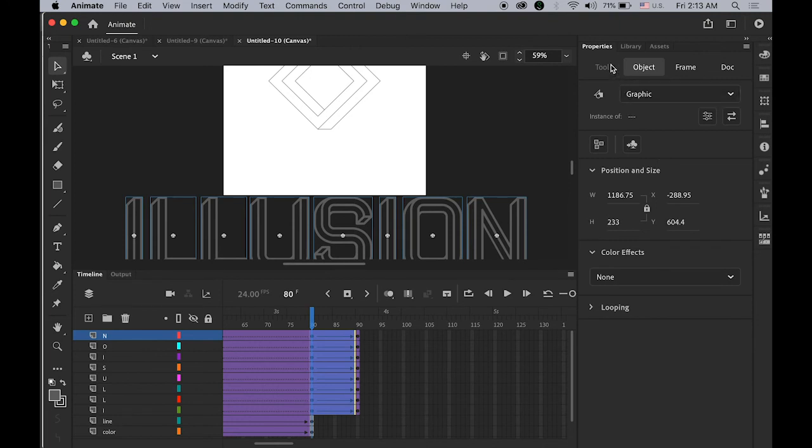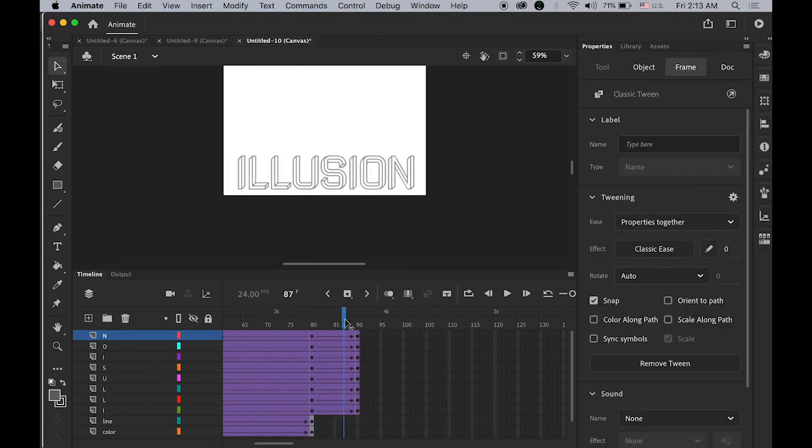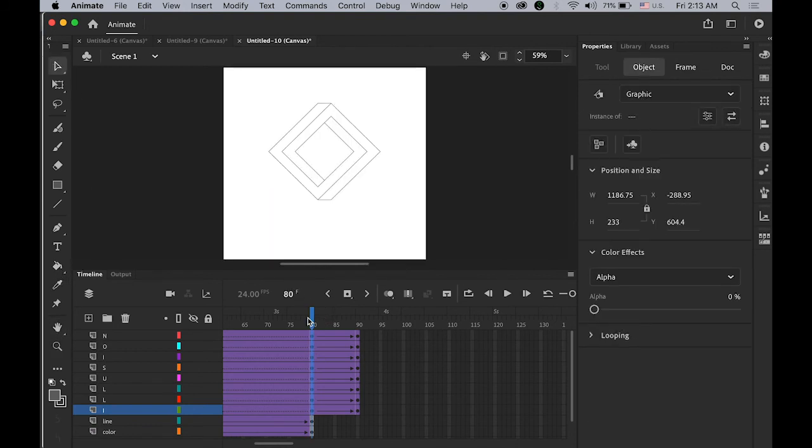Okay, then in the properties panel, with all 5 letters selected on frame number 80 now, change the color effect alpha value down to 0. So it is fading in and getting smaller like this. Okay, now select all first keyframes again. I'm gonna change the ease option this time to 100. So see what happens. From the very beginning,